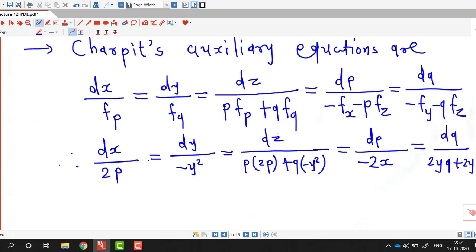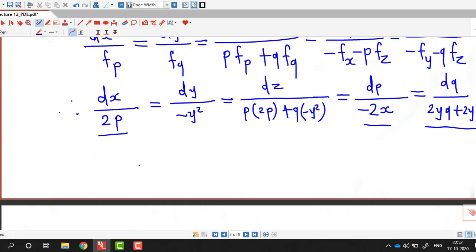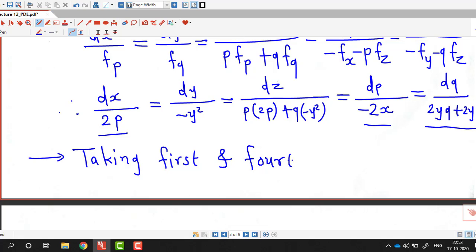Now we have to select appropriate fractions so that we are able to find out either small p or small q. So here these two terms contains small p and small q, and if we concentrate on this fraction dp upon minus 2x and on first fraction, then we can see we will be able to find out solution using these two fractions, because differentials are dx and dp and remaining terms are also in terms of x and p. So we will consider first and fourth fractions. So taking first and fourth fractions, we get,